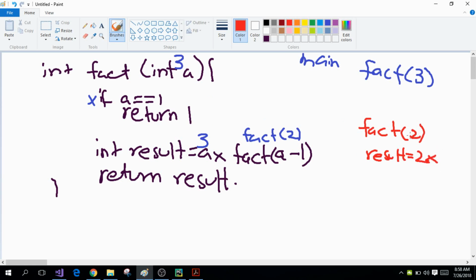In this case, a is equal to 2. So 2 minus 1, which would be 1. And again, factorial is being called with the argument 1. So I'm going to change my color. Let me write this in dark brown color. This looks good. So now I'm going to receive 1 as input in my factorial function because it's being called